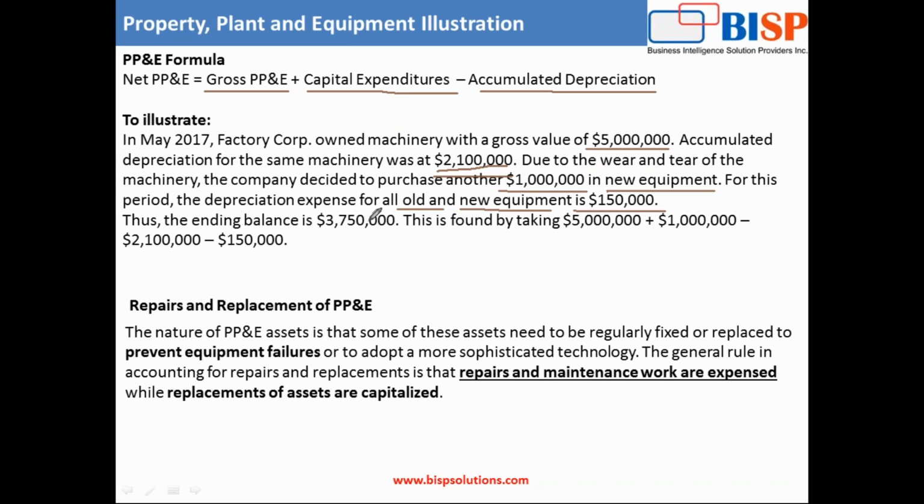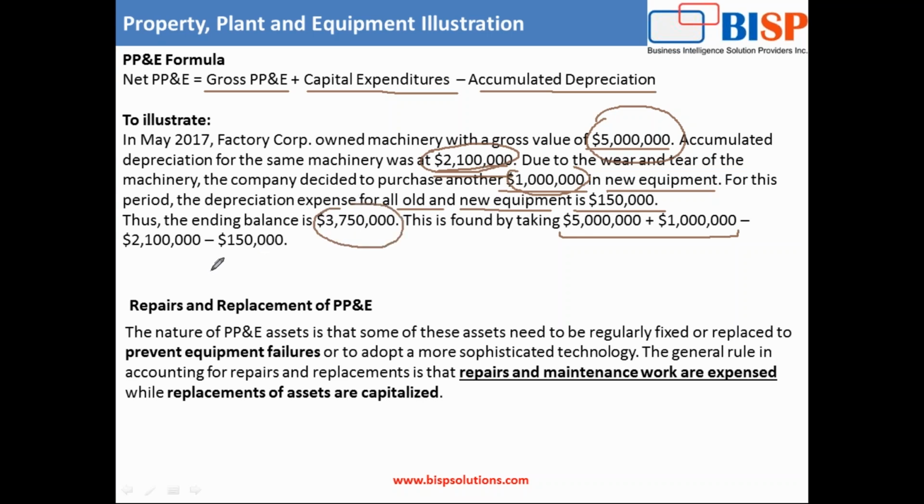In order to calculate the ending balance, we take the initial cost of acquisition of the machineries plus an addition on top of this, which is 1 million, so 5 million plus 1 million minus all depreciation. The total depreciation is 2.1 and 150. So the ending balance we get